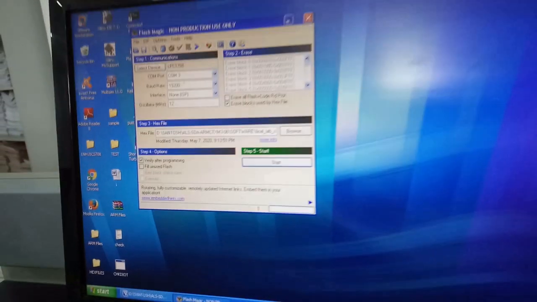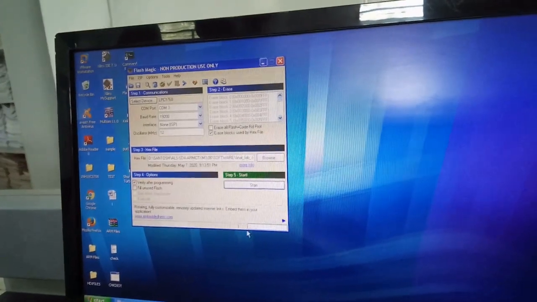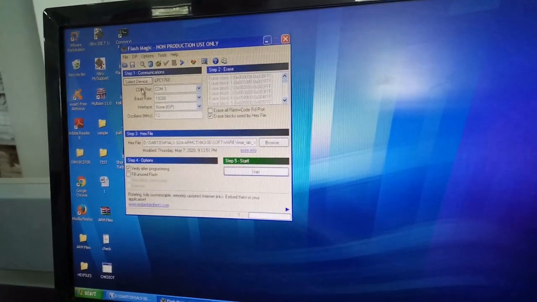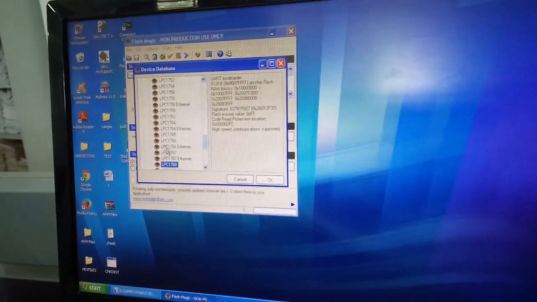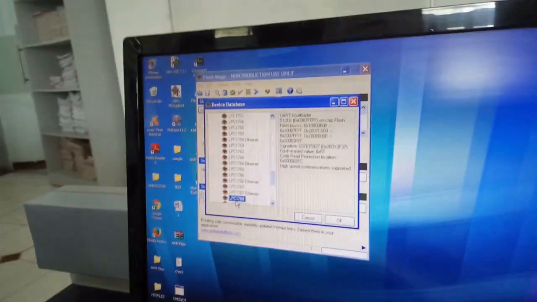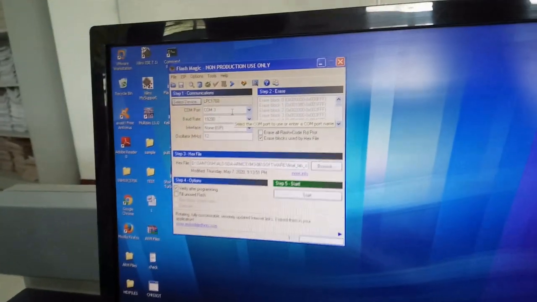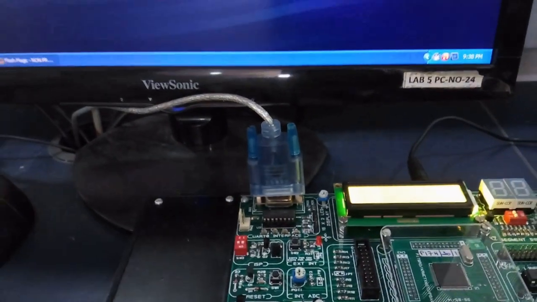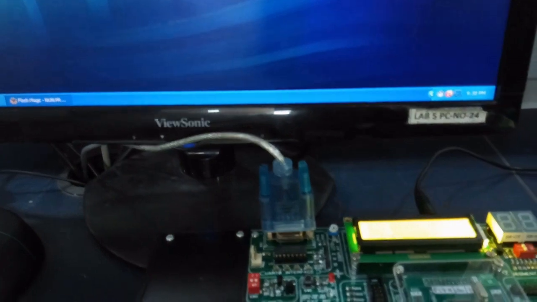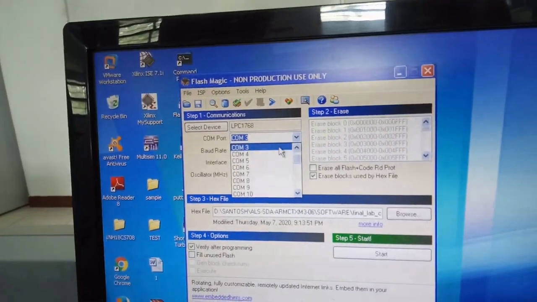Once you get 0 error, 0 warning, and if you have created your hex file, next you have to use one more software which is called FlashMagic. So the FlashMagic software is here. Here we have to do some initial setup. Select your device. The device which we are going to use here is LPC1768. Select the device and the COM port. For this system, the USB cable is connected to COM port 3. So the USB port is connected to your UART here, which is at COM port 3. So we have to select COM port 3.